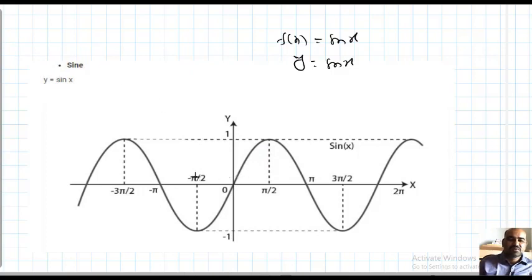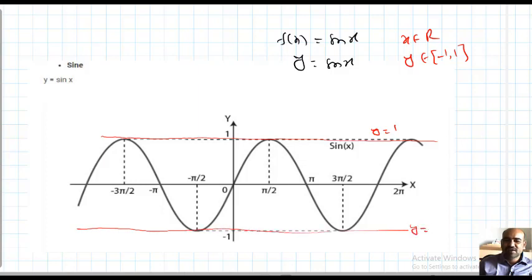Observe here. I already explained the domain and range of this function. Domain is all real numbers, x is all real numbers. And y, you already know, is from -1 to 1. Observe here. The total graph is bounded between the lines. This line is called the y equal to 1 line. We already explained this in the concept of the coordinate plane. And this is the y equal to -1 line. What happened now? The total graph is bounded between these two lines, y equal to 1 line and y equal to -1 line. What is the meaning of this?